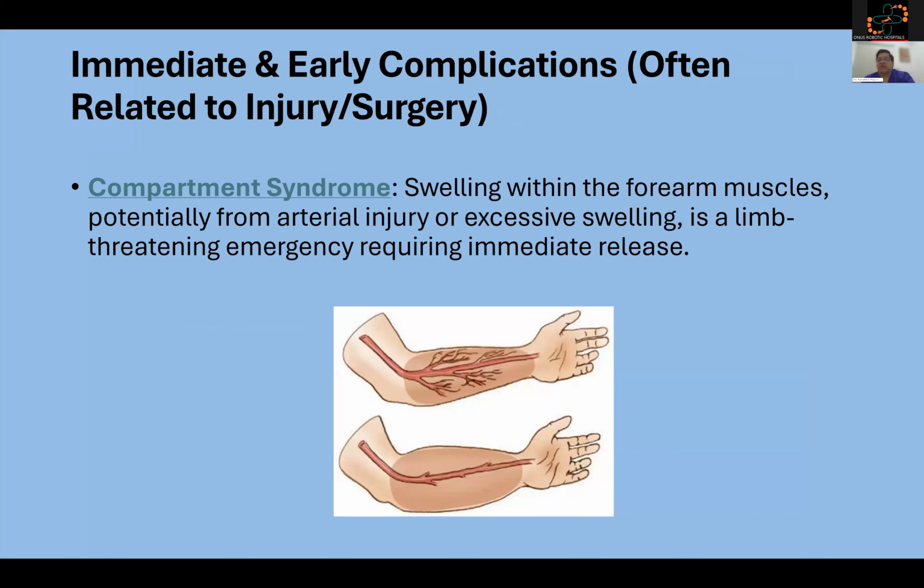The second most common complication is compartment syndrome. This is an immediate complication, a sequela of injury. After injury, there will be a lot of swelling in the elbow and forearm, which leads to compression of the blood vessels. See in the above image, there is not much swelling and not much pressure, so collateral circulation is present. Here, after trauma, there is a lot of swelling, which reduces the collateral circulation,